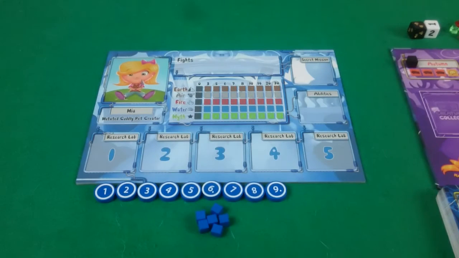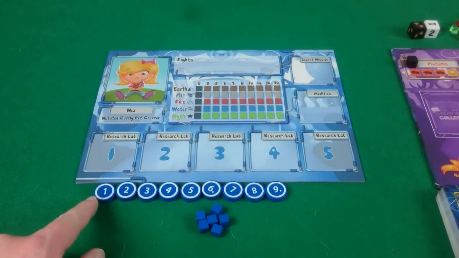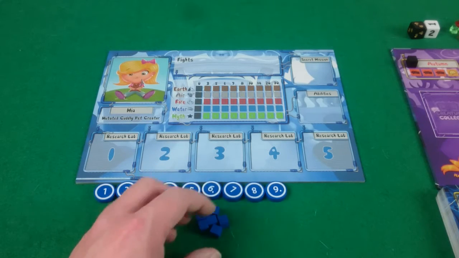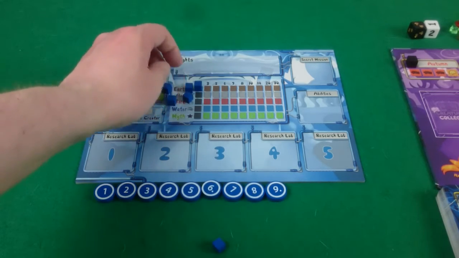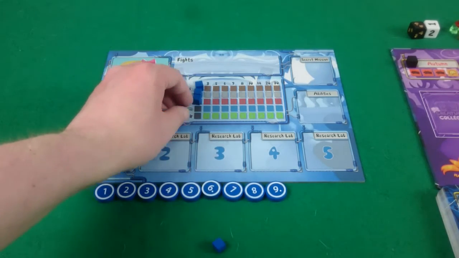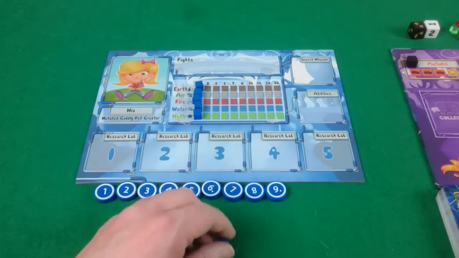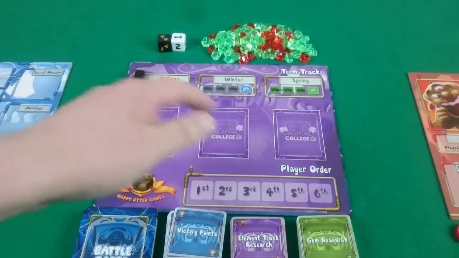To start setting out the game, first thing you need is for each player to pick what colour they're going to be. Once they've done this, you'll give that player the appropriate board and then the tokens numbered 1 to 9 for that colour and the 6 cubes of that colour. 5 of these cubes they'll put on their player boards on the element track at 0 for each of the elements. The 6th cube will go on the term track, which will need to be set out in the middle